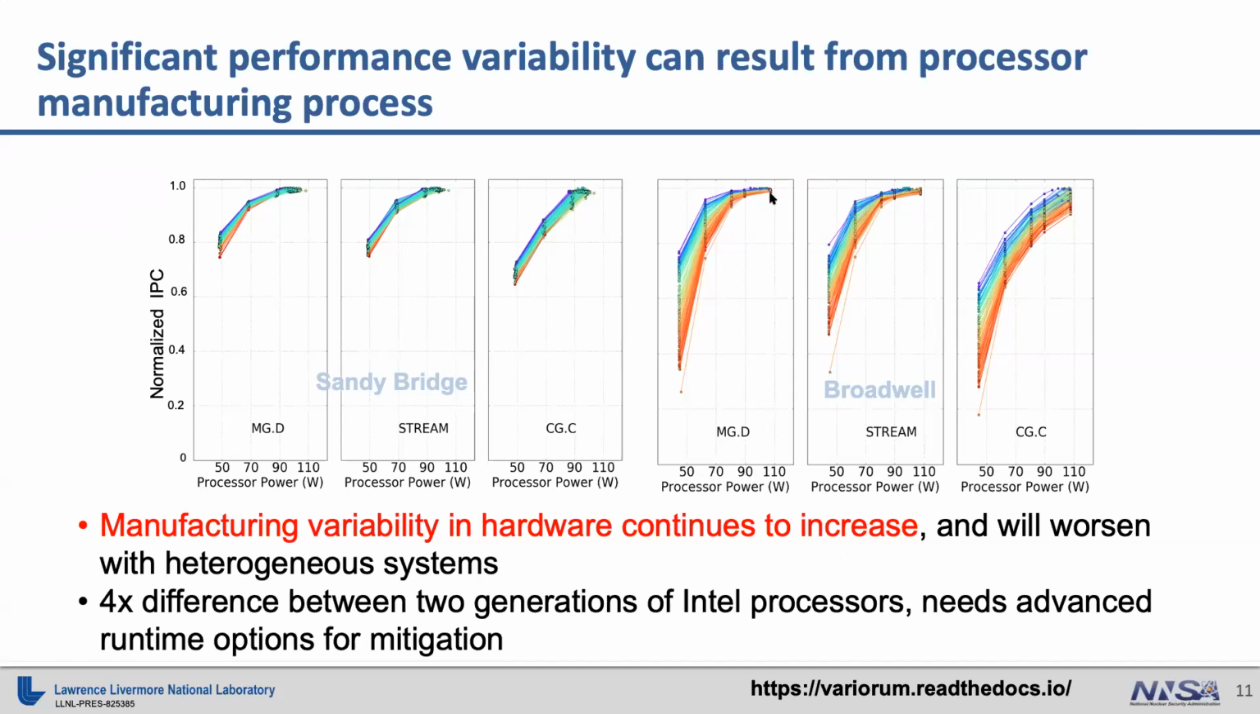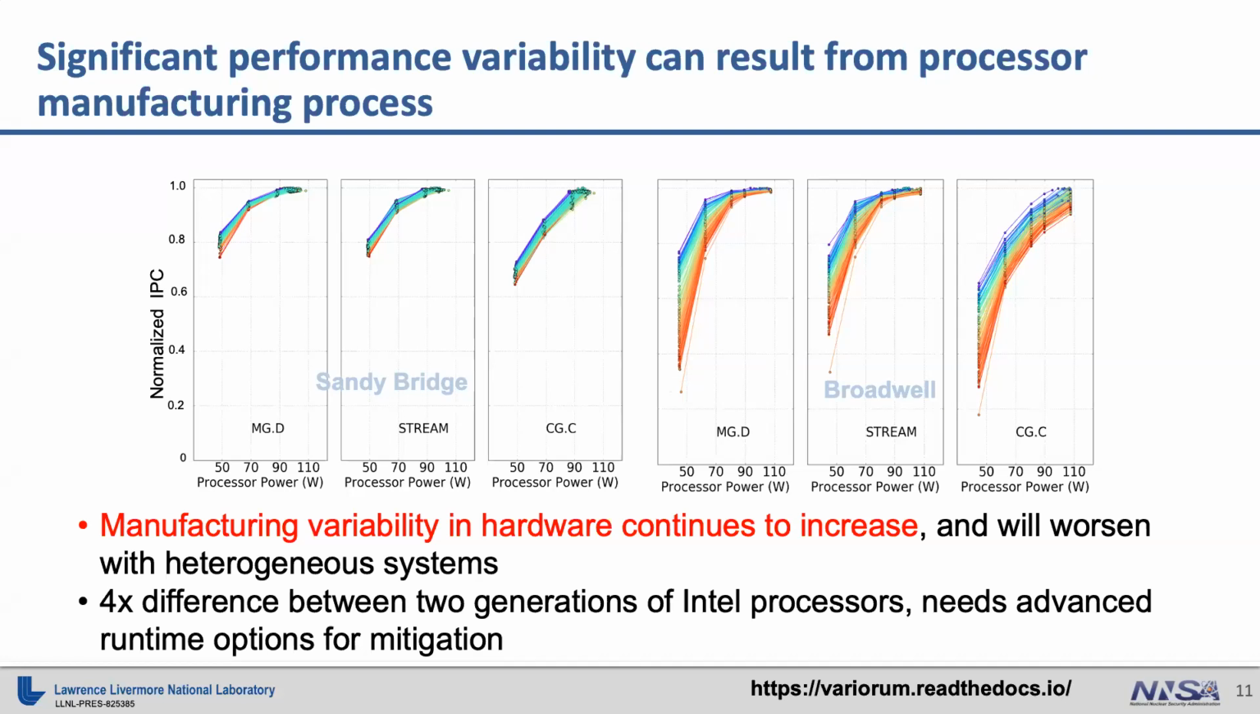So they start off having very similar performance here. And then some processors are faster, like these guys, and some processors are slower, so these guys are slower. So there is a significant difference in performance, creating load imbalance, which also makes it necessary to have something that does dynamic power balancing. So this is not just an Intel issue and not just a Sandy Bridge and Broadwell